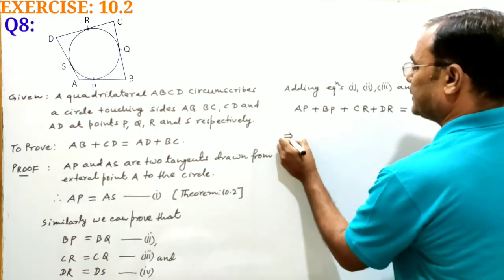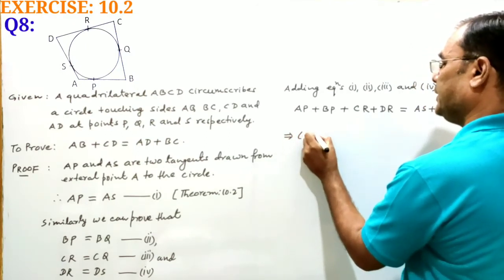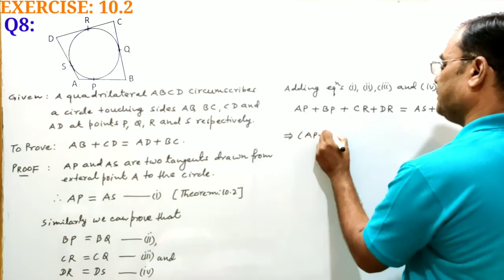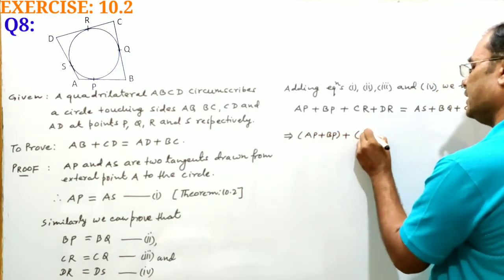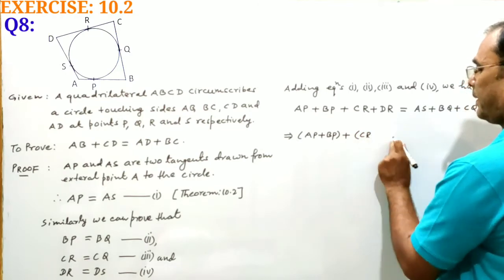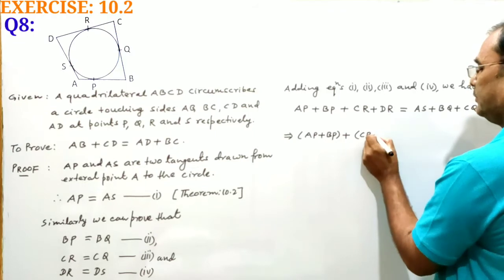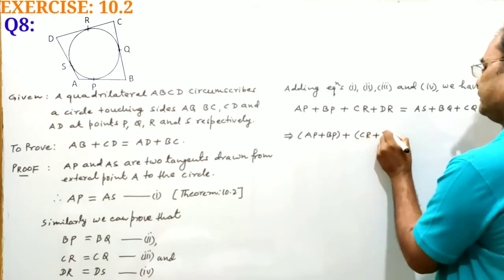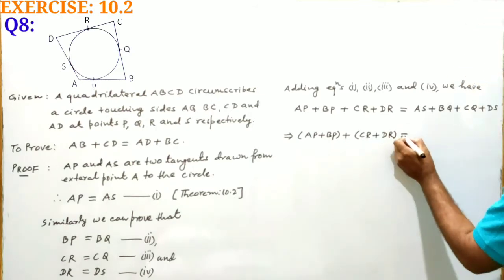This implies, let's write AP plus BP together plus CR plus DR together equal to